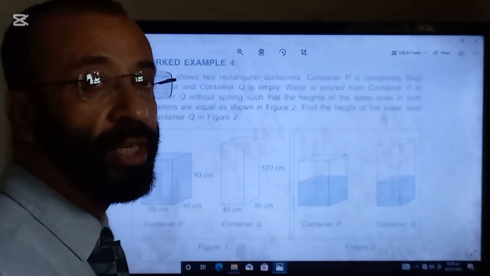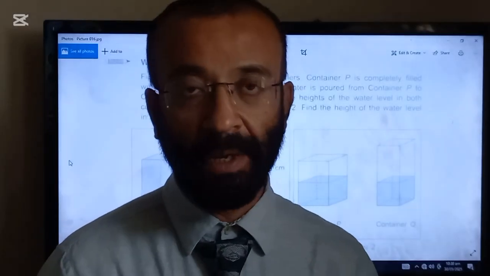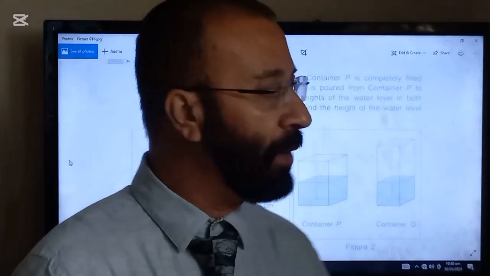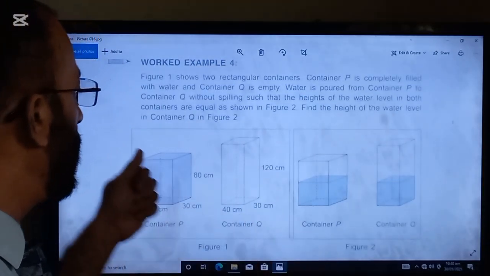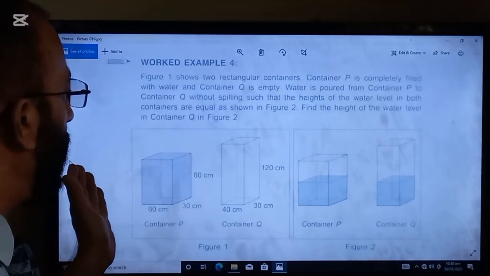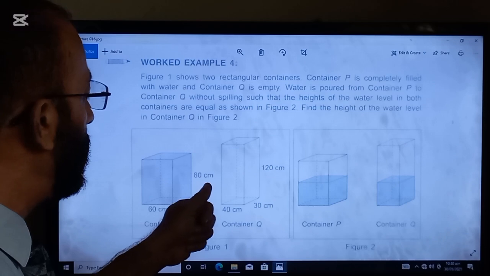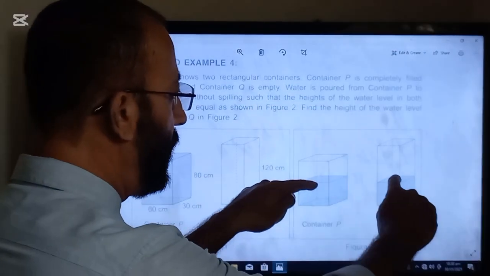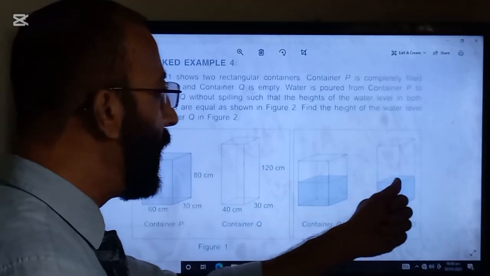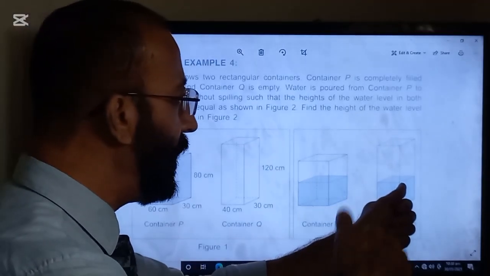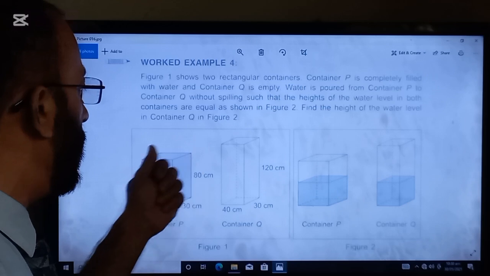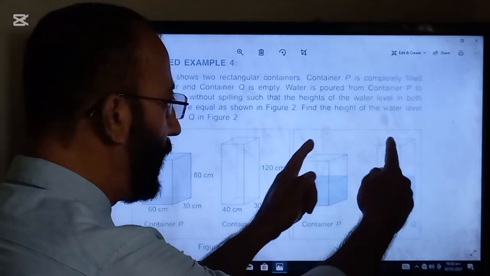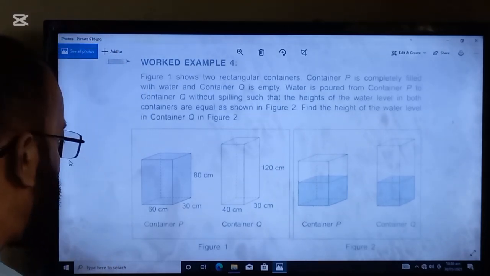So this is a special type of question. I'm giving you a very simple method to solve this kind of question. Whenever this type of question comes, one tank is fully filled and it is going to be poured into the other tank in such a way that the height in both tanks becomes equal. The method will be: height in the new tank will be equal to the volume of the liquid divided by the sum of the bases of the two containers. So look now,